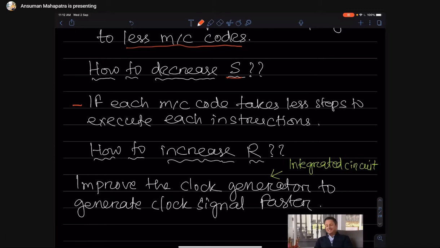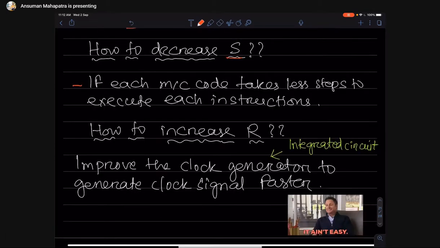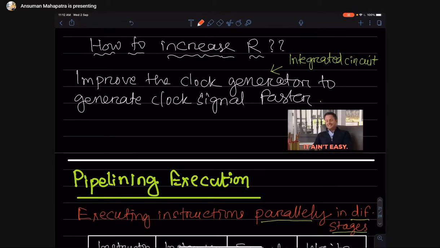Another, third improvement we can do is to improve r. Improving r means you have to increase the gigahertz of your machine, which is very difficult because it is hardware. Hardware has some limitation, the oscillator has some limitation.